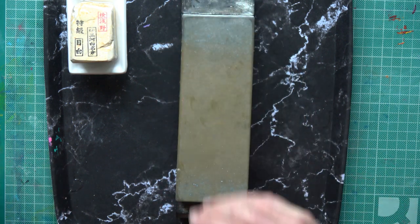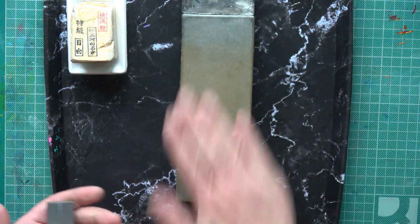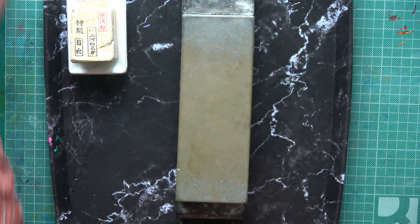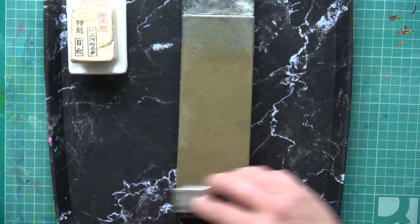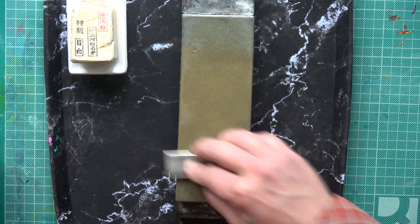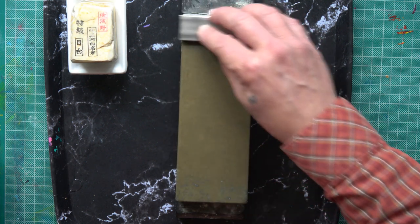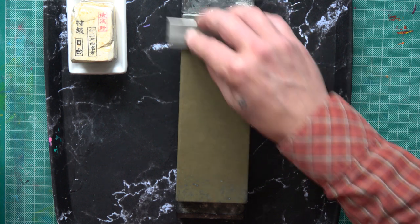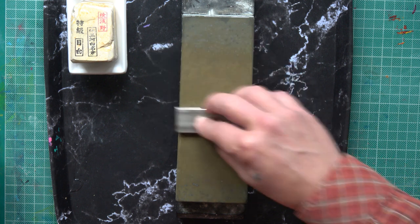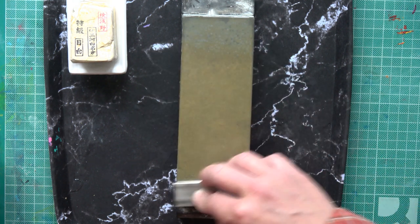Here's my Jnat. I will give it a little tiny bit of a livener, I think. I haven't flattened this beforehand, but it stays flat for a long time, so I'm confident. I've not done many razors on it. I'm just going to give it a little bit of a livener though, because the one thing I have noticed with this Jnat is it can get a tiny bit glazed, which towards the end of your final honing is not a problem, because if anything, you kind of want it to get a bit more glazed, but